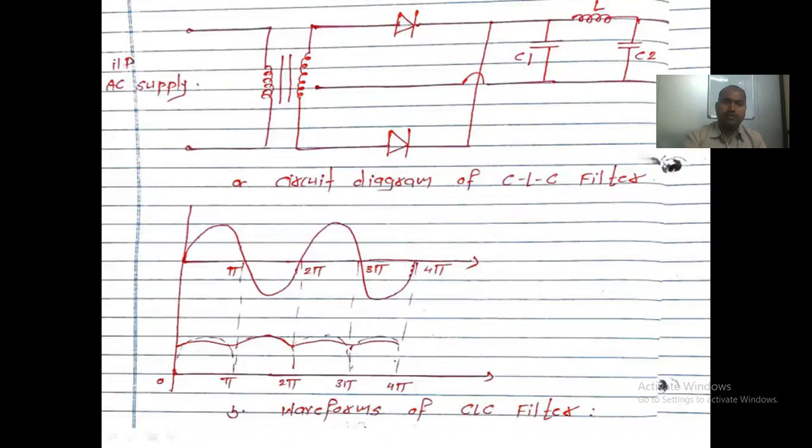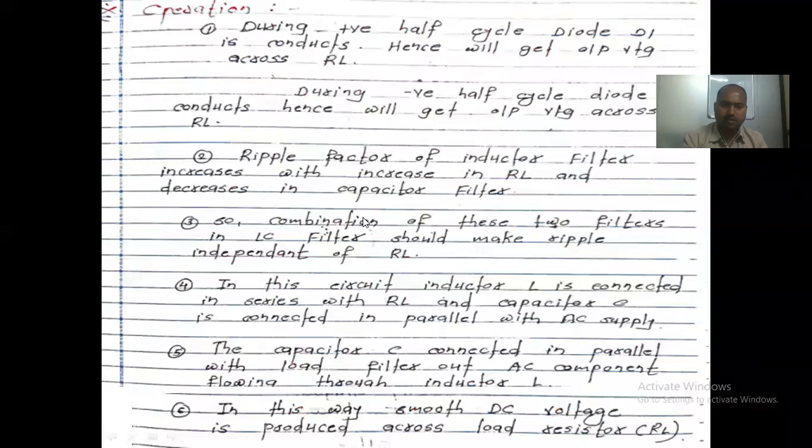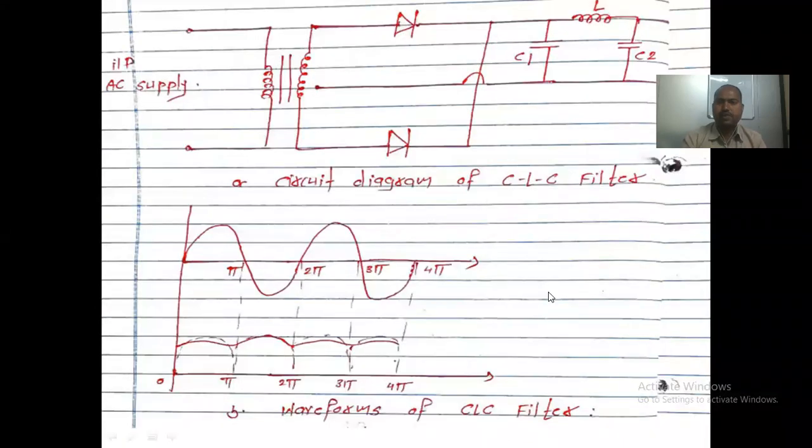See, we have seen another type of filter, that is CLC. One of the important types of filter. CLC or pi type filter is the most important filter, which is used all over the world. The reason is that the output coming across your CLC type of filter should be about 95 to 99% pure DC output, right? That's why we prefer to use the CLC type of filter more and more.